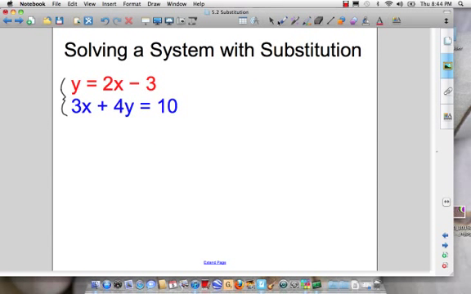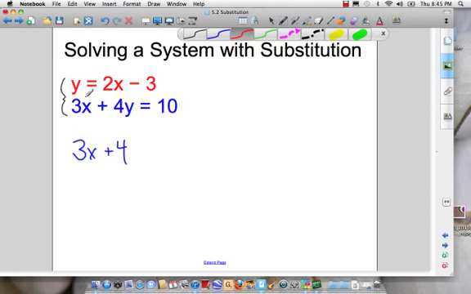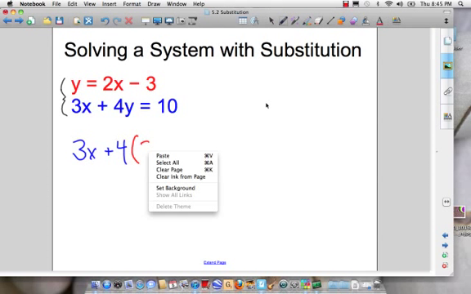Okay, so starting over. We're going to take 3x plus 4y equals 10, but instead of writing y, notice this first equation states that y is equal to